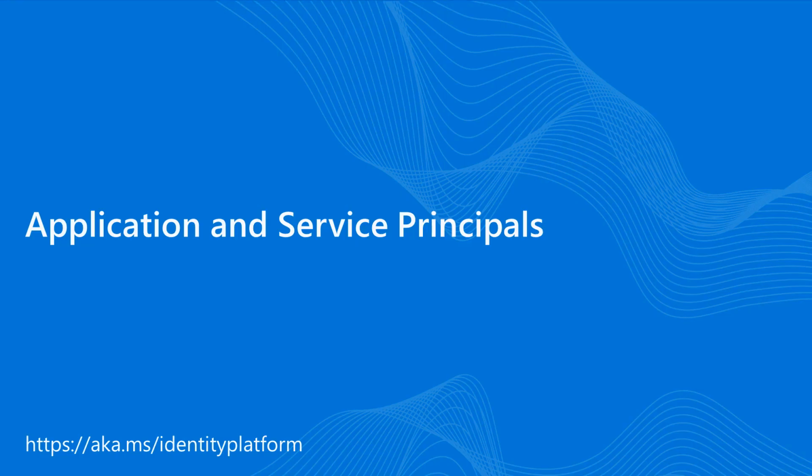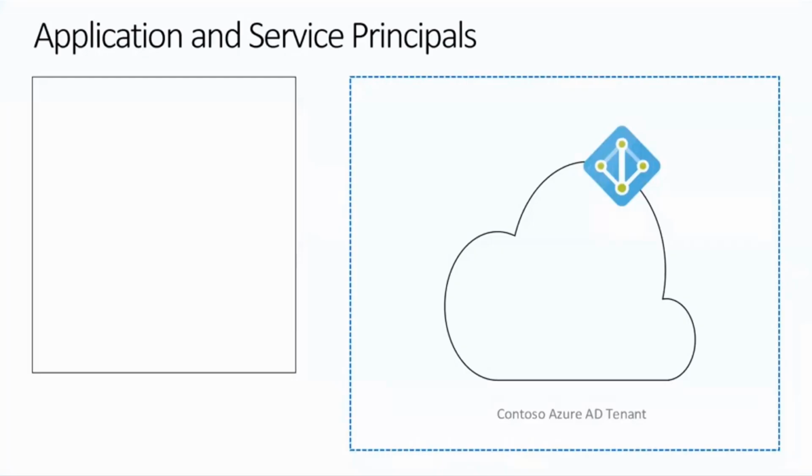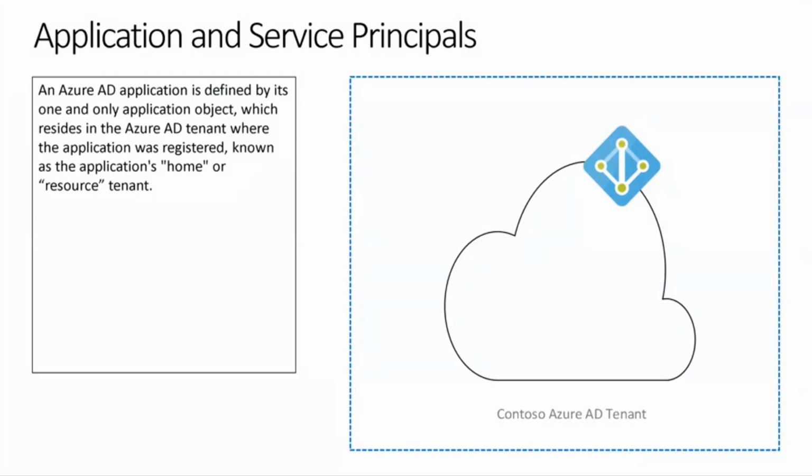Okay. Then the bigger and most important bit when you are developing multi-tenant applications is understanding what application and service principals are. So in an Azure AD tenant, an application is not necessarily the application that you have running or you have developed or hosted somewhere. An application is represented by what we refer to as an application registration. It's just information about an application that is hosted somewhere else. It could be some resource in Azure. It could be some resource in AWS or Google Cloud or even an on-premise host.